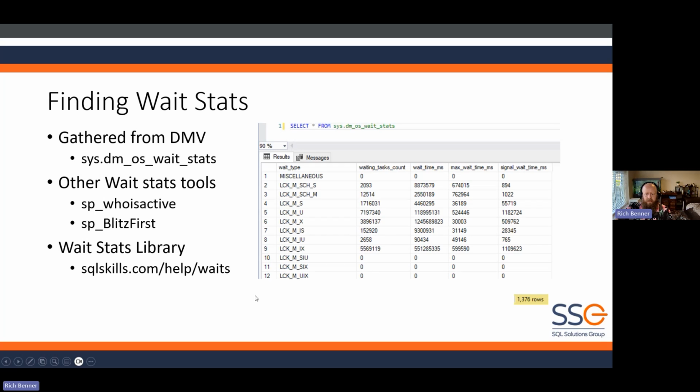To get your wait stats, there is a very nice little DMV called sys.dm_os_wait_stats. It will give you a list. It's worth noting, I pulled this today off a SQL Server 2022 instance, and there were 1,376 wait stats in this table. I work with wait stats every day, and I was chatting with Carlo and our team earlier. I'm pretty sure I could only, off the top of my head, define about 20 of them for you. Because of that,